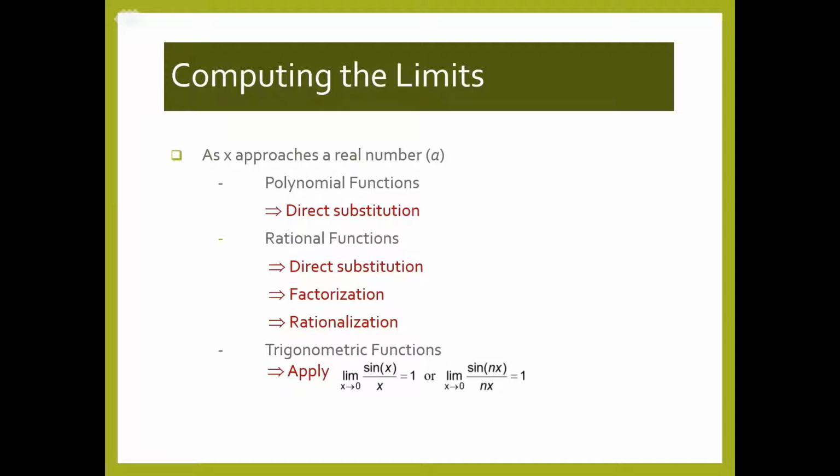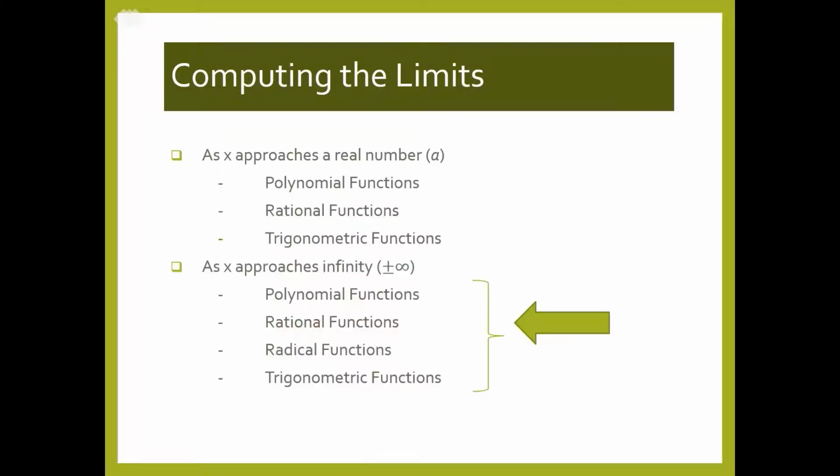For polynomial functions, we use direct substitution. For rational functions, we use either direct substitution, factorization, or rationalization. And as for trigonometric functions, we apply the property of the limit of sine x over x as x approaches 0 equal to 1. Today, we will continue with solving limits as x approaches positive and negative infinity for the